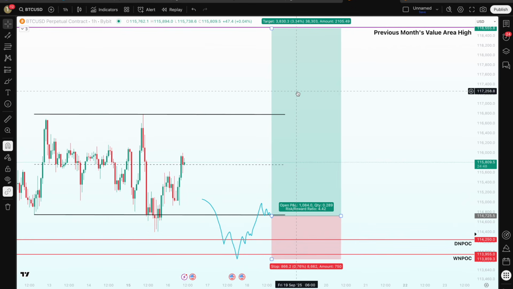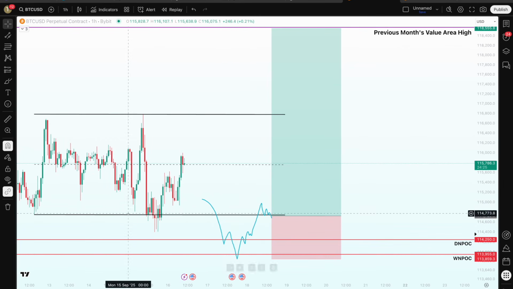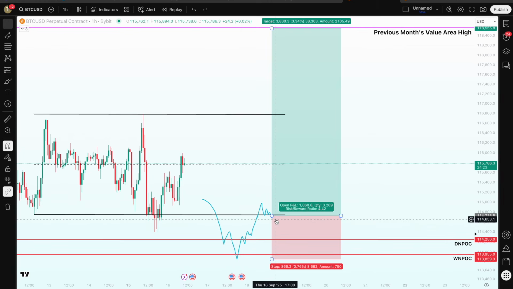It's better than 2R, but it requires a lot more knowledge, because as the price is coming down here, I will be on Exocharts looking for high negative delta, CVD divergences, and increasing open interest. I want shorts to be trapped right here. This could come in before the Fed event or it could come in after the Fed meeting. Does not matter. But I am looking for shorts to be trapped right here. I'm looking for liquidations from Monday. And if I see those, I will be entering the market on the reclaim of